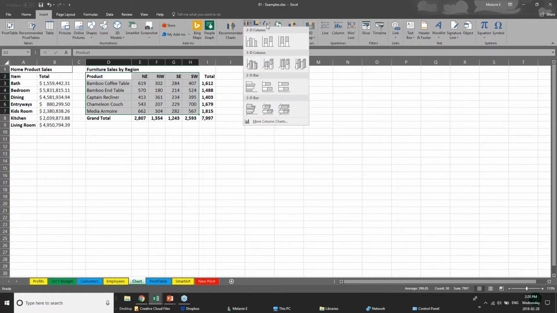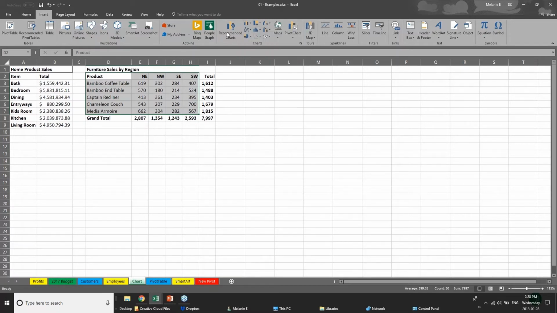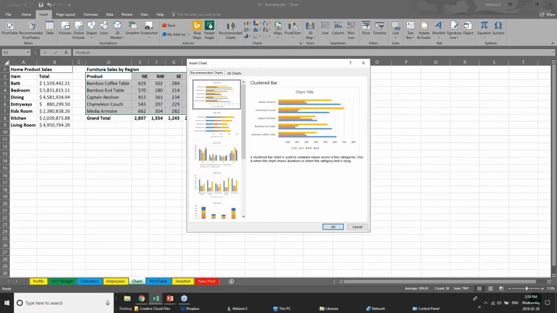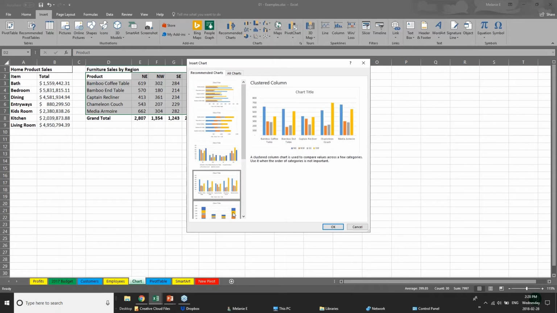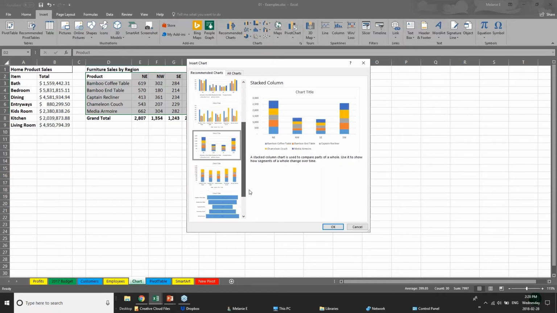There's bar charts, column charts, pie charts, whatever you'd like. But a feature new with 2016 is that Excel has Recommended Charts. I love this because one of the most commonly asked questions people ask is, what chart should I use to best show my data, because there are so many different charts? So the fact that it has some intelligence, it will look at your data and